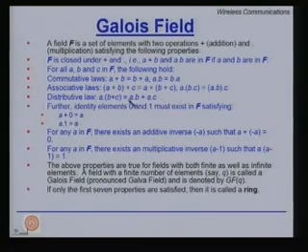These must hold. Further, two interesting identity elements exist. One is A plus 0, the 0 should give back A, and A times 1 should give back A. Also, there exists an additive inverse and a multiplicative inverse if we are to talk about a field. If the last property does not hold for the elements, that is, there is not the presence of a multiplicative inverse, but only an additive inverse, we call it a ring. If only the first 7 properties are satisfied, it is called a ring, otherwise it is a field.